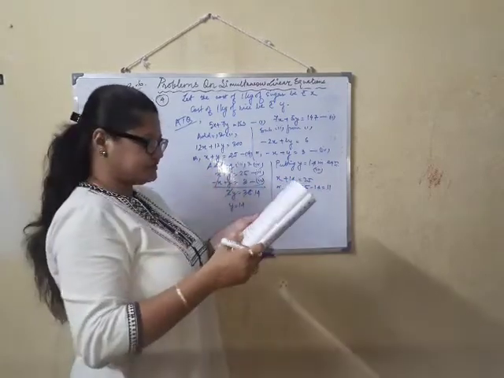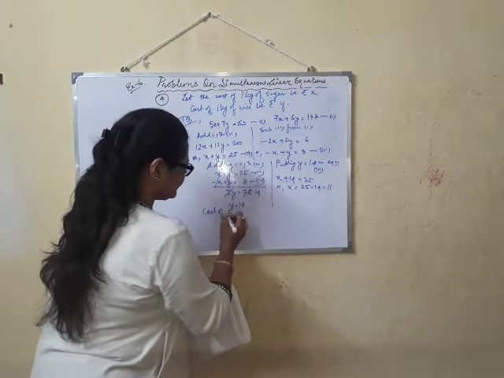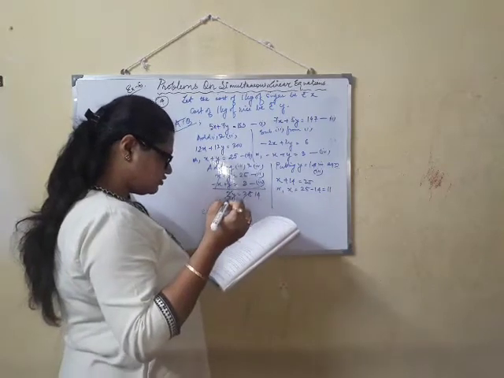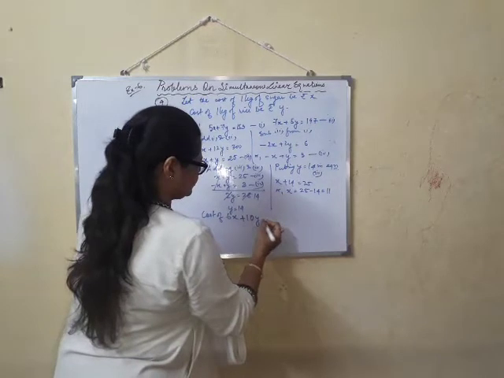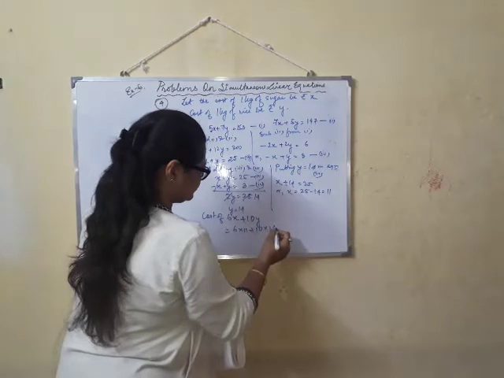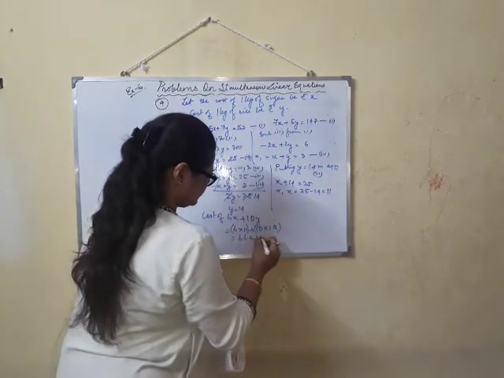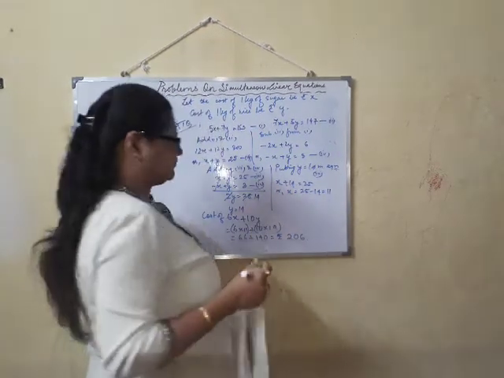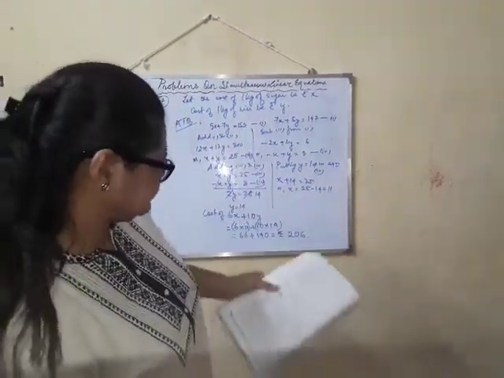Okay. So I get cost of 1 kg of sugar is 11 rupees and cost of 1 kg of rice is 14 rupees. Now they have asked us to find out cost of 6 kgs of sugar, that means 6x, and cost of 10 kgs of rice, that means 10y. So how much do we get? 6 into 11 plus 10 into 14. 66 plus 140. So we get rupees 206. Clear? Now let's move on to the next sum.